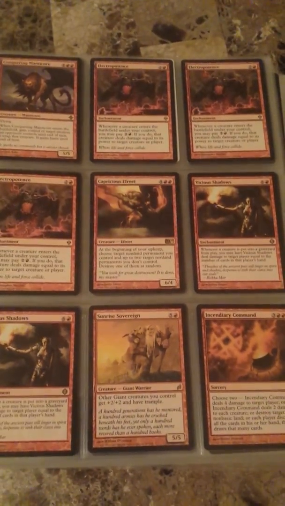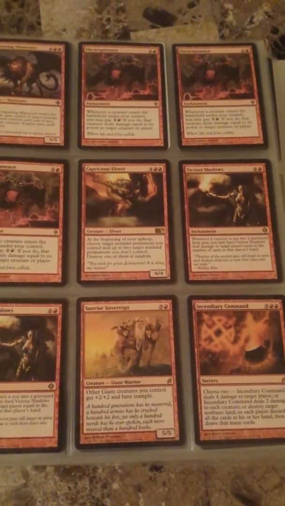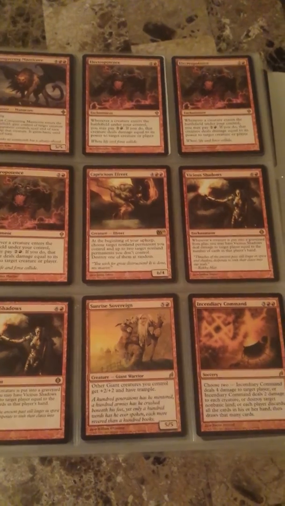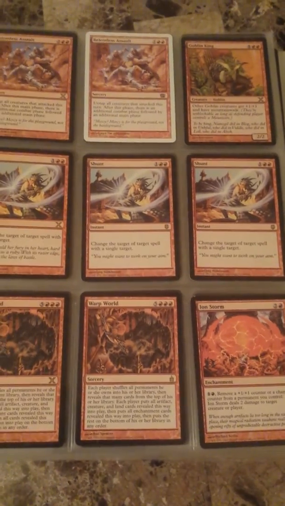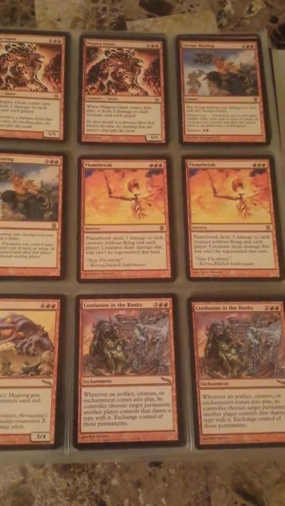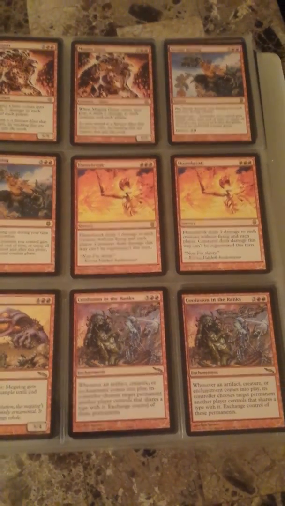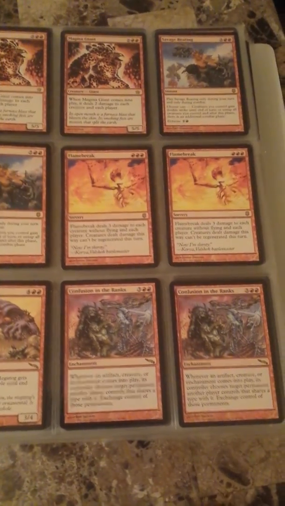a Conquering Manticore, 3 Electropotence, Capricious Efreet, 2 Vicious Shadows, a Sunrise Sovereign, an Incendiary Command, 2 Relentless Assault, a Goblin King, 3 Shunt, 2 Warp World, an Ion Storm, 2 Magma Giant, 2 Savage Beating, 2 Flamebreak, a Megatog, 2 Confusion in the Ranks,